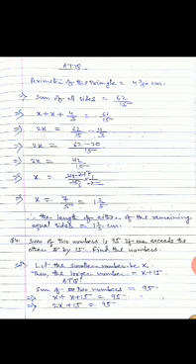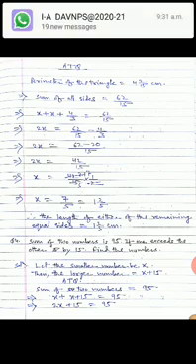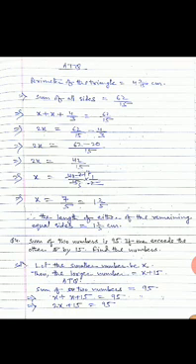Now see question number 4. Sum of two numbers is 95. If one exceeds the other by 15, find the numbers. So now try to understand the question. There are two numbers. The sum of two numbers is given. If you take two numbers, one is a smaller number and another is greater, because one of the numbers exceeds the other by 15.